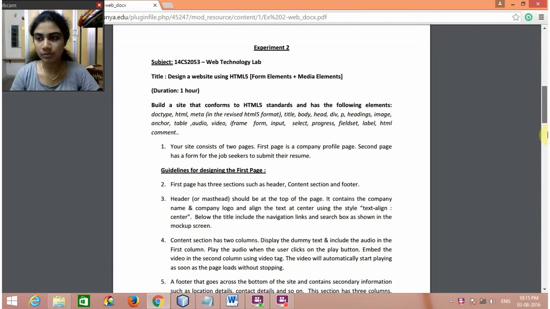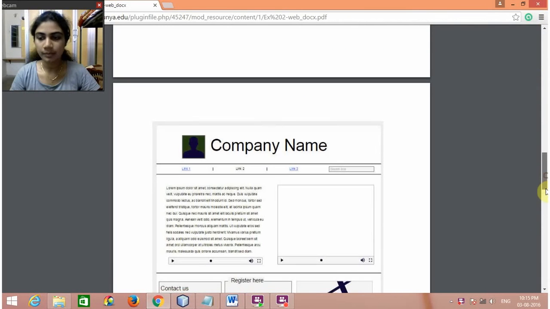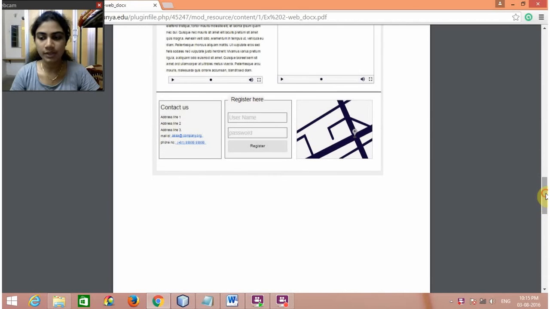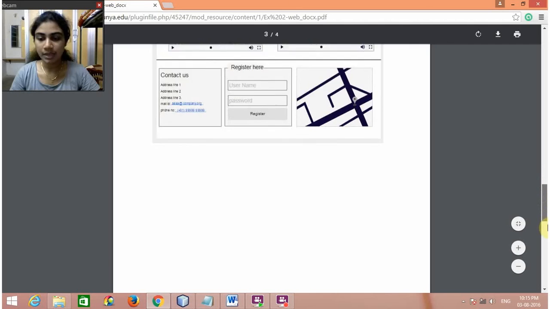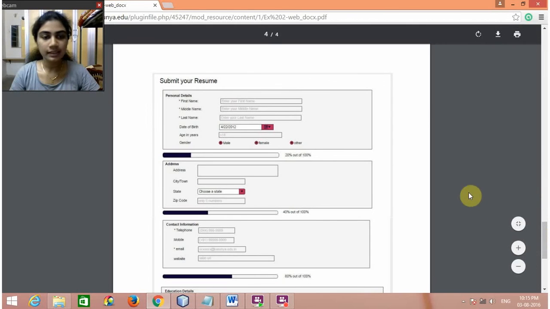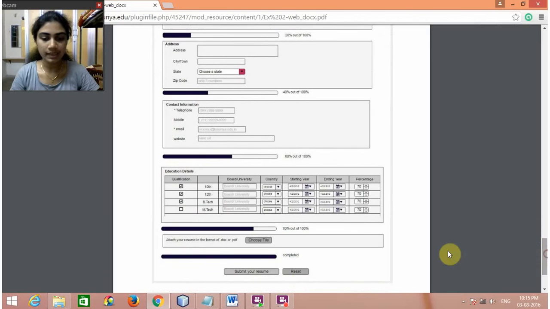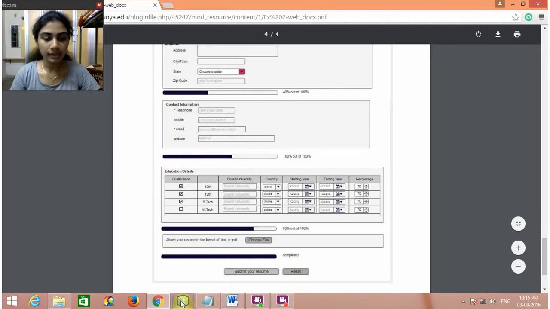Our pages should more or less look like this. This is how the first page has to look like. The company name with the links and the search box and some text here. The audio file, the video file, and also three text boxes containing the contact us, register, that is for registration, and also the map. Now the second page contains your resume in which you fill up all of the details and then submit. So now getting into the code,